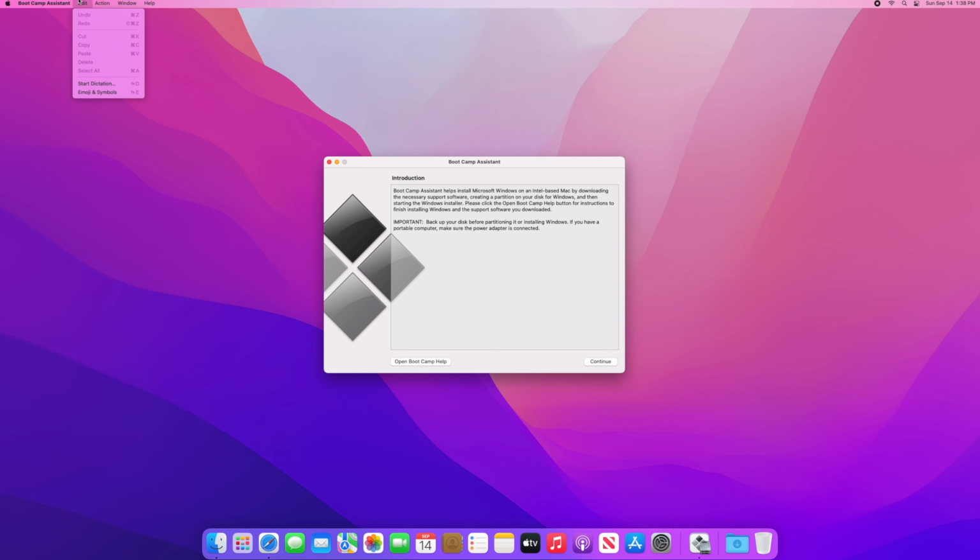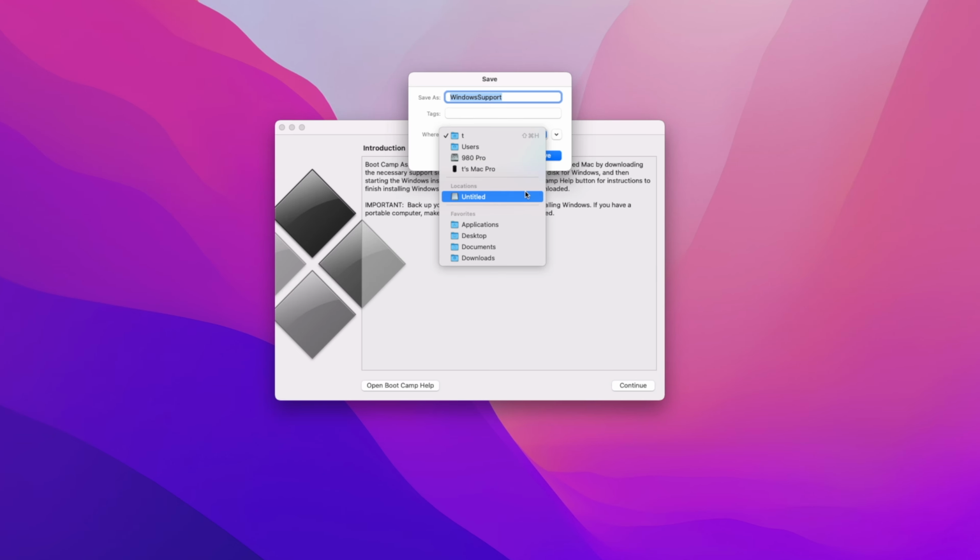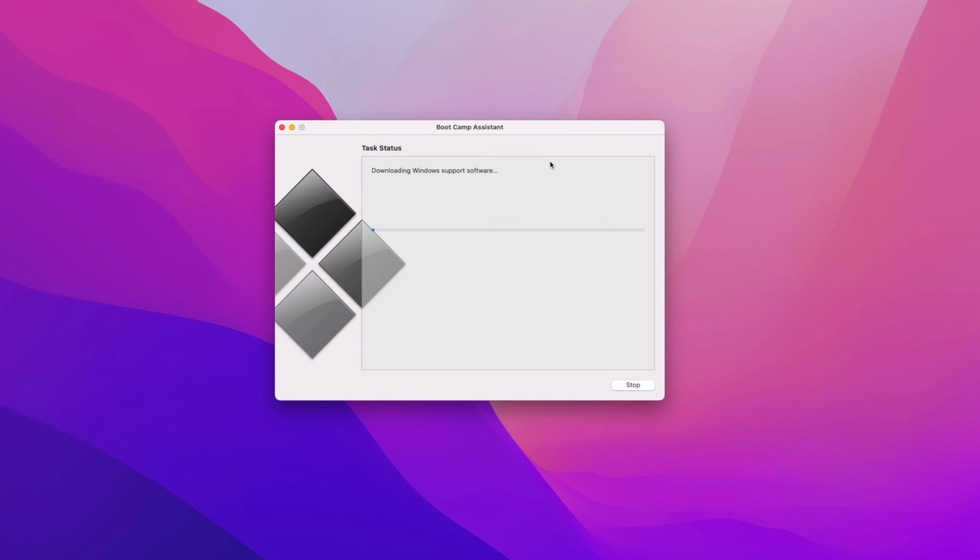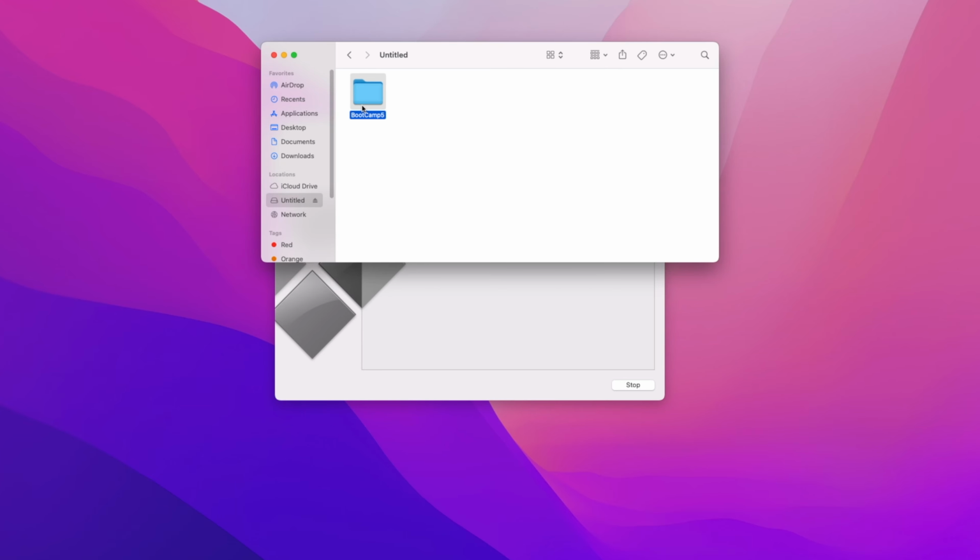First, what you need to do is open up Boot Camp Assistant in macOS. Then go up to the action item in the menu bar and download the Windows support software for your Mac. And you will need to save it on a USB. We will need to use it and install it later in the video. As you see, we're going to put it on our USB drive, and then we will need a second USB drive to create the Windows 10 installer. But once you have the Windows support software from Boot Camp Assistant downloaded to your USB, we can move on